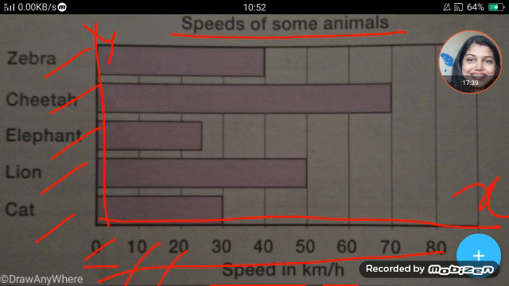Now for the zebra, the speed of the zebra is 40, so I'm going to mark 40 and draw the bar like this. Next, the speed of the cheetah is 70 km per hour, so I'm going to mark 70 and then draw a bar like this. Similarly, last, the cat speed is 30 km per hour. So this way you're going to mark all the bars, and first of all the scale is also very important. What is the scale? If you just see clearly,